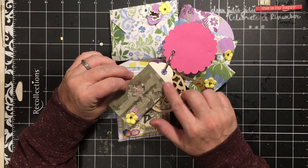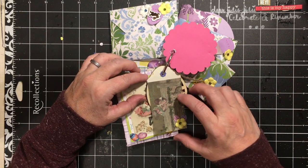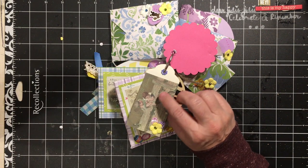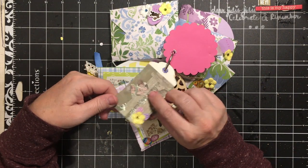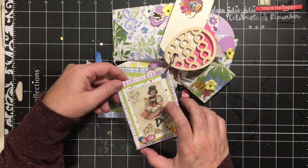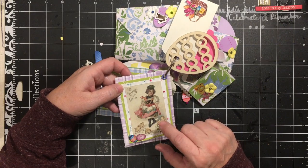So here's a tag I made using the new tag punch that I got at Hobby Lobby, and one of the images is from the Kids, Bunnies, and Chicks collection. I have a little wood egg in there. Here, this image is from the Kids, Bunnies, and Chicks collection,